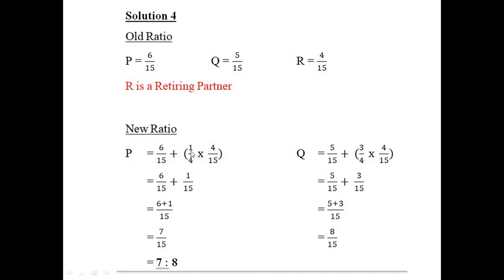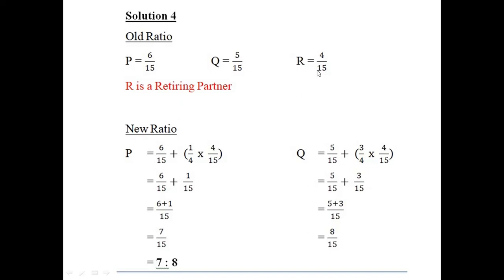One fourth of his share, that is 4 by 15, in favor of P, and the remaining portion, that is 3 by 4. If 1 by 4th is surrendered for P, then obviously the remaining portion is 3 by 4 of his share